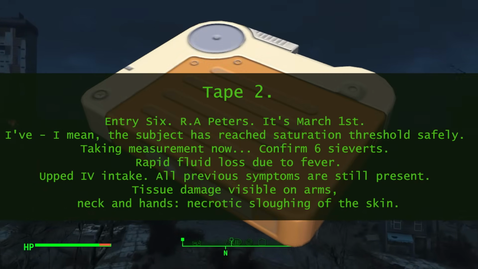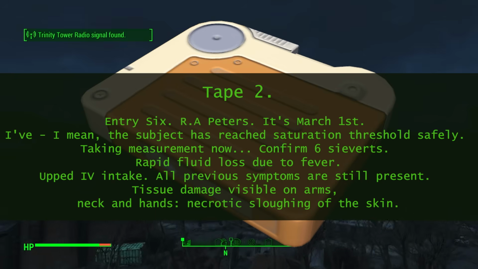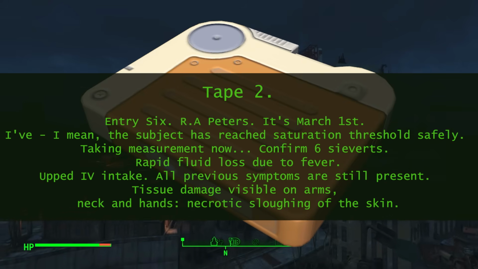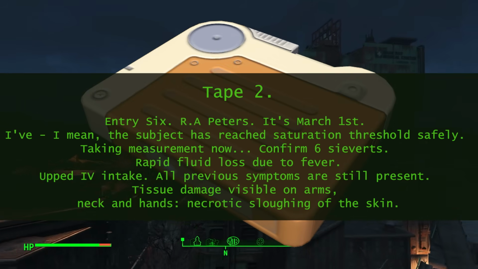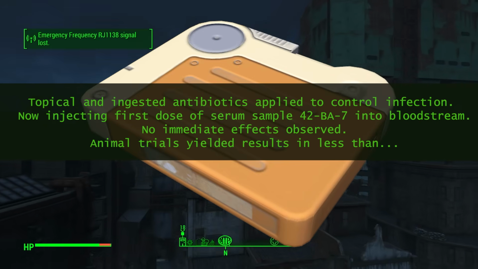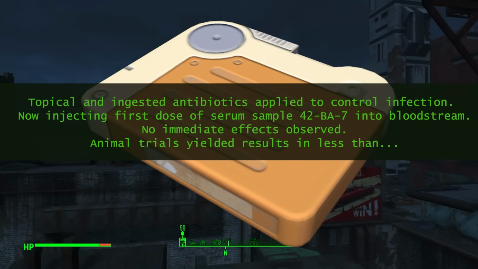Entry 6, R.A. Peters. It's March 1st. The subject has reached saturation threshold safely. Taking measurement now. Confirm 6 sieverts. Rapid fluid loss due to fever. Upped IV intake. All previous symptoms are still present. Tissue damage visible on arms, neck and hands. Necrotic sloughing of the skin. Topical and ingested antibiotics applied to control infection. Now injecting first dose of serum sample 42BA7 into bloodstream. No immediate effects observed. Animal trials yielded results in less than...